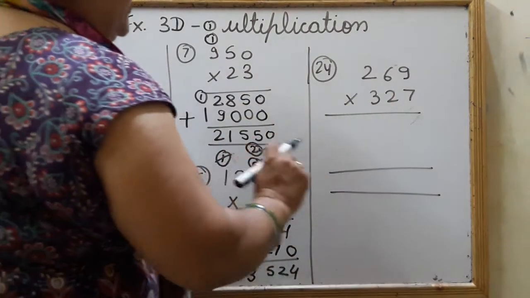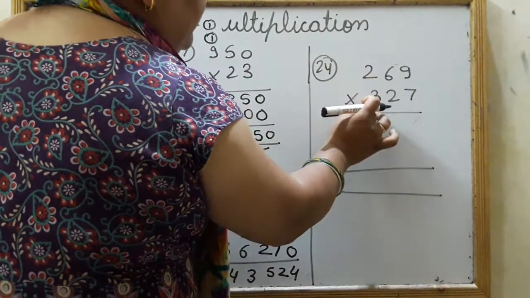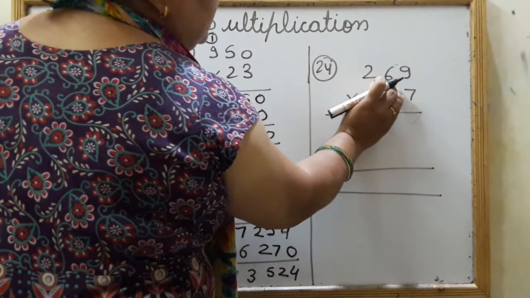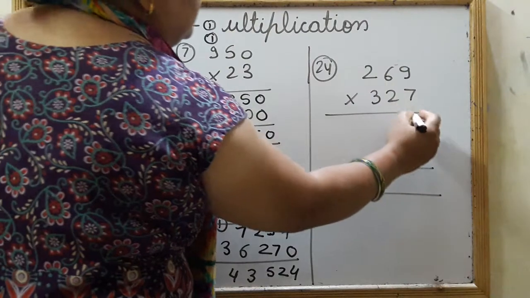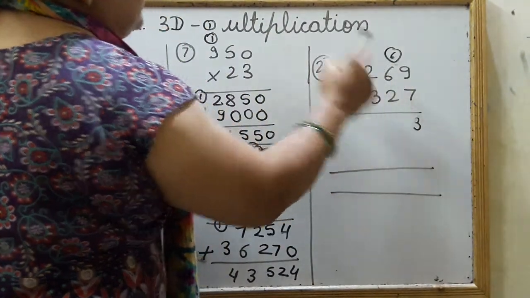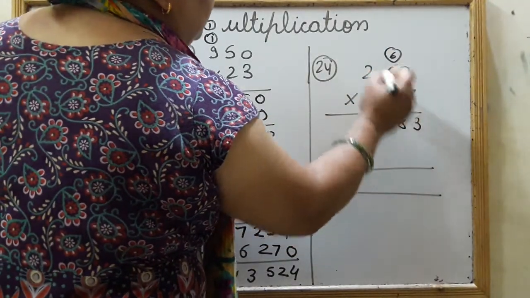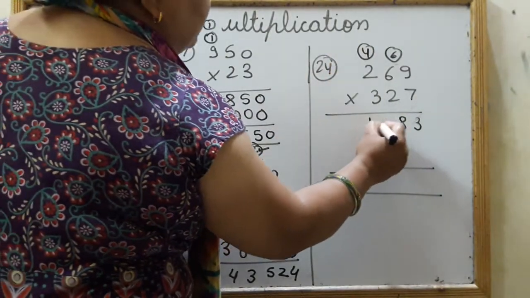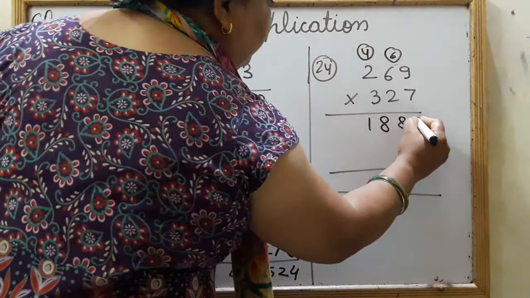How will we do it? Just first we will multiply by the first number, then by the second number, and then by the third number. See how we can do it. Firstly, we will forget these 2 numbers and multiply with 7 only. 7 9s are 63, 6 is carry, 7 6s are 42, 42 plus 6 is 48, so 4 carry, 7 2s are 14 plus 4 is 18. This is over for one number, no?